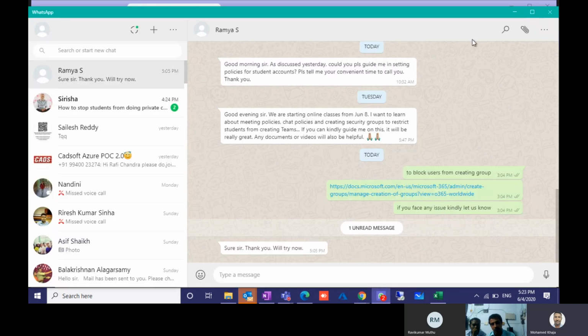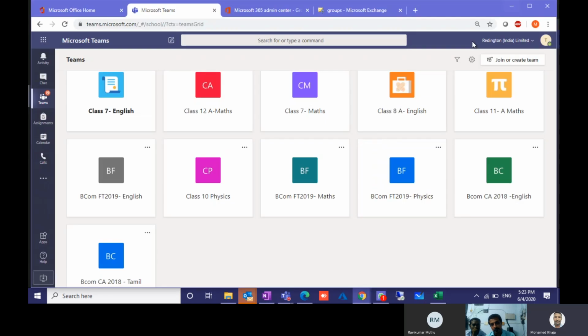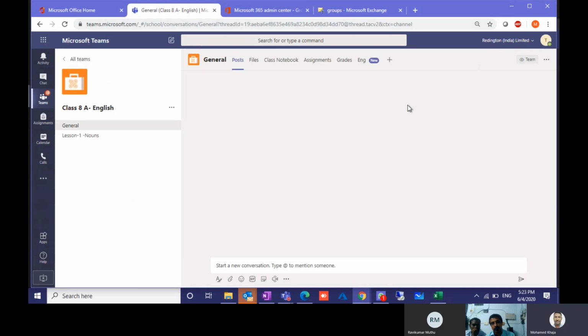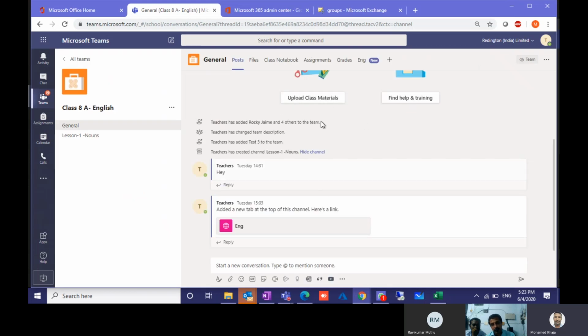So only this much is the role of the administrator, but other things are done by teachers. See, you create and give the group. Once you enter the group, we showed you the demo. That is to be performed by the teachers.